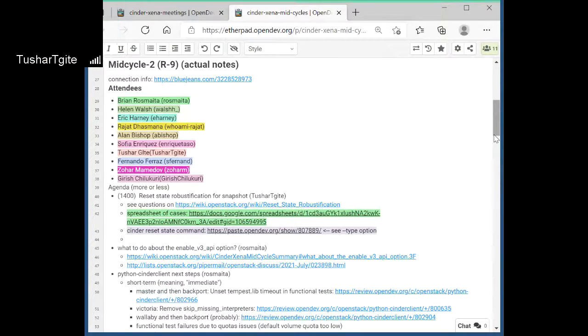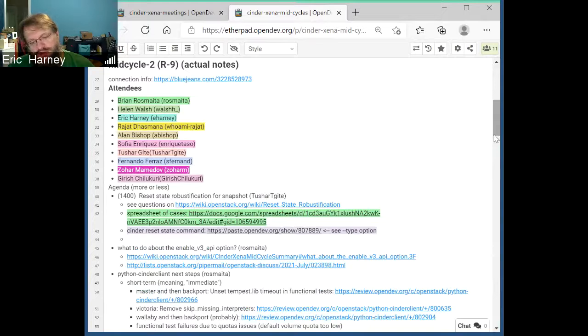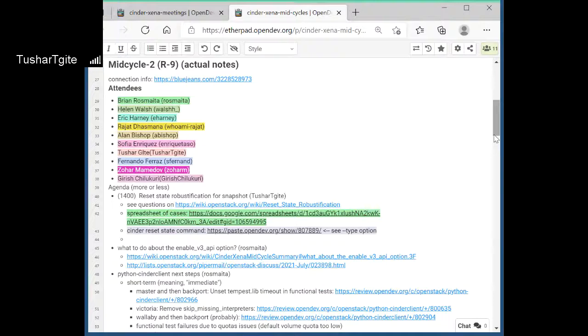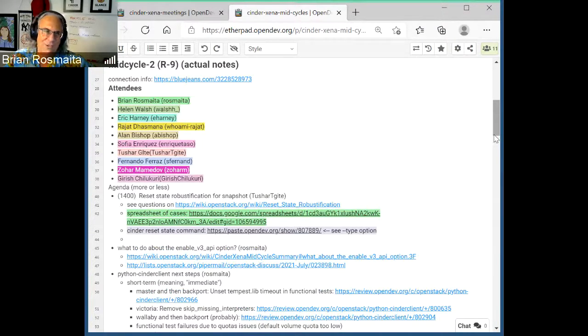Oh, Brian, on what you were just mentioning, the spec should have an idea in it of allowing admin to still do something that we wouldn't want them to do and putting that into the Cinder manage command instead of doing it via the API. I don't know how people generally feel about that, but that's another way to go with it as well. So the idea would be we could remove this from the API as a dangerous call and just say it's available via Cinder Manage.